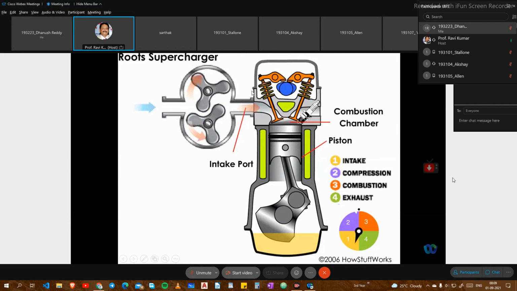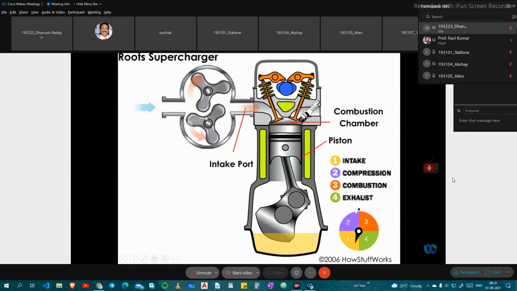The main purpose of the inlet valve is that, if it is a diesel engine, air will enter here, and if it is a petrol engine, the charge will enter from here. Whatever charge is entering should be pressurized, through the use of a Roots blower, vane blower, or a turbocharger, which is additionally connected here. Before that we have a carburetor, which mixes the fuel and air, and that mixture goes inside the engine and is compressed, because of the additional pressure.